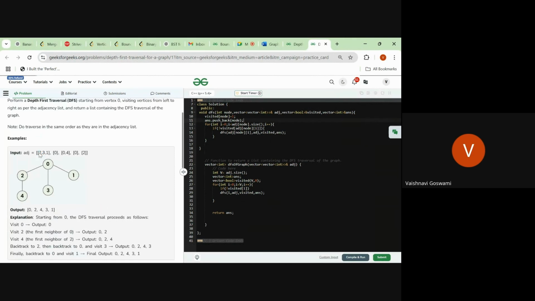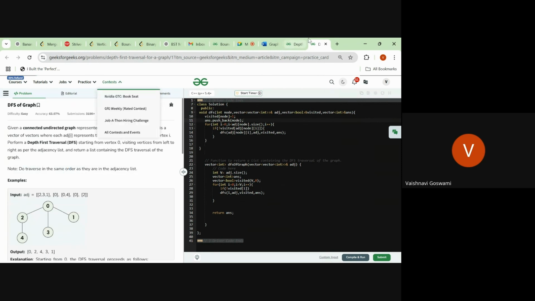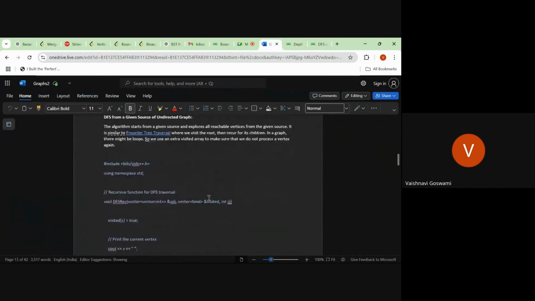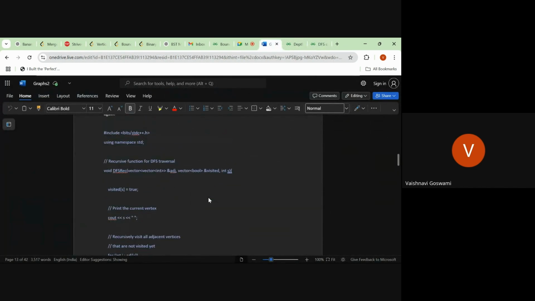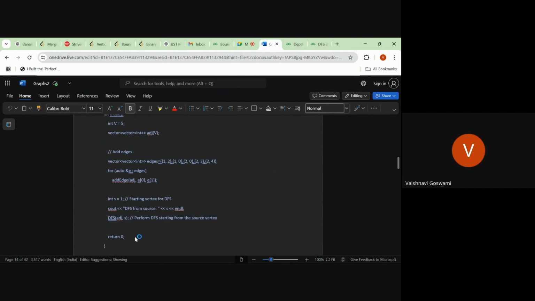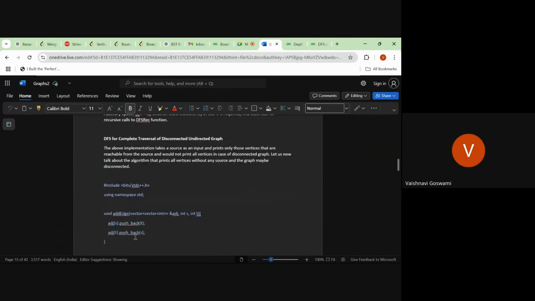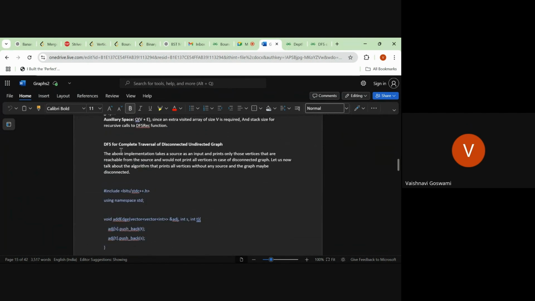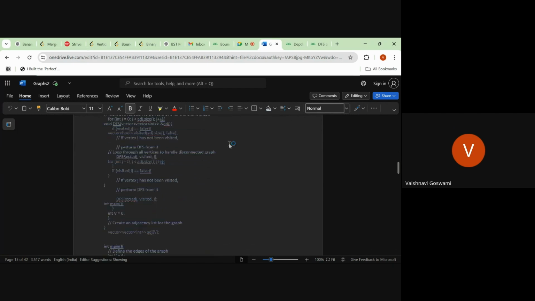And this adjacency list represents how many nodes are connected to 0 first, then to 1, to 2, to 3, like that. Whatever the index number is, that is the node it is describing. So this was the DFS. This is the same thing about DFS. For disconnected graphs, I said we will use the for loop here.